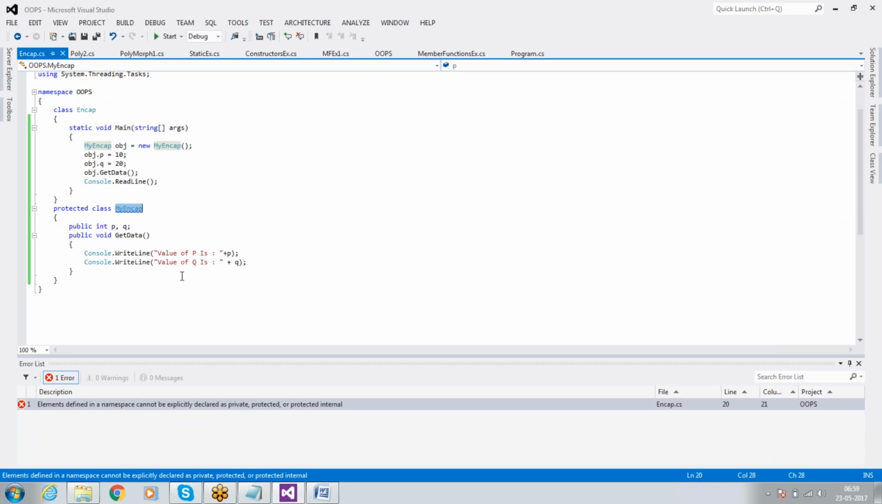So generally, other than public and internal, no access modifier allows us to create an object in our main class. That's the reason the compiler won't allow it and provides an error: elements defined in a namespace cannot be explicitly declared as private, protected, or protected internal. Say for example,